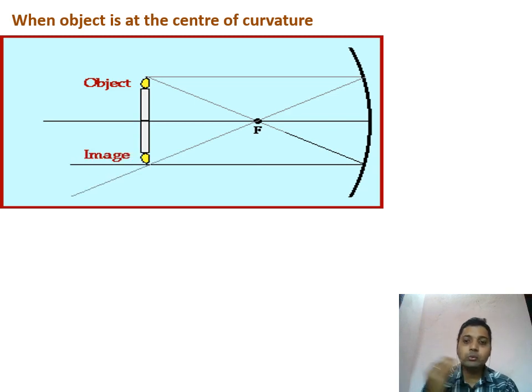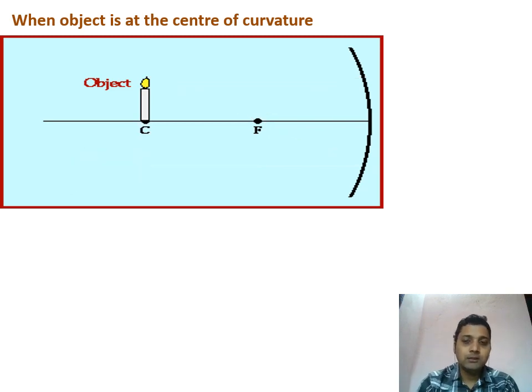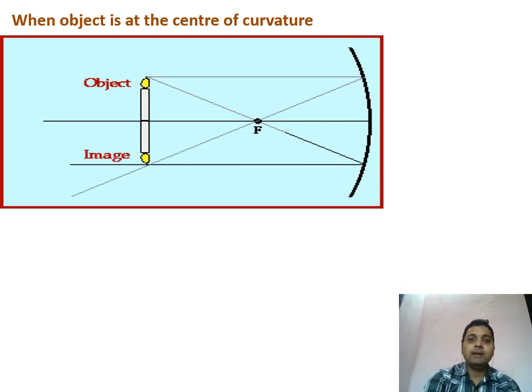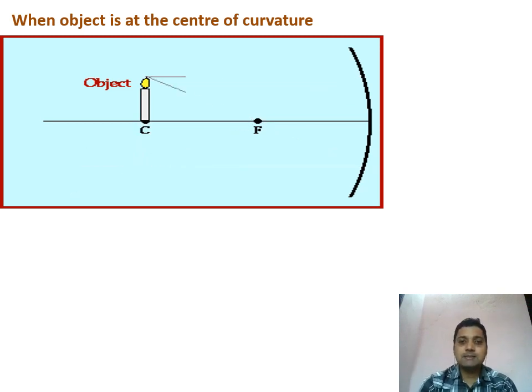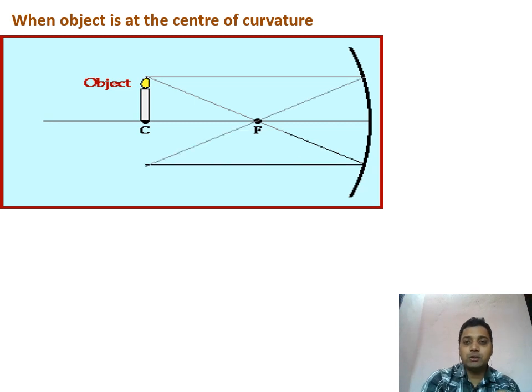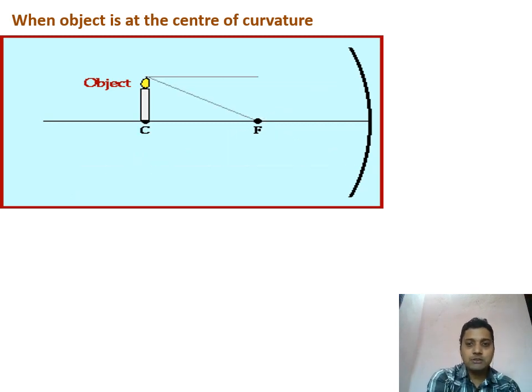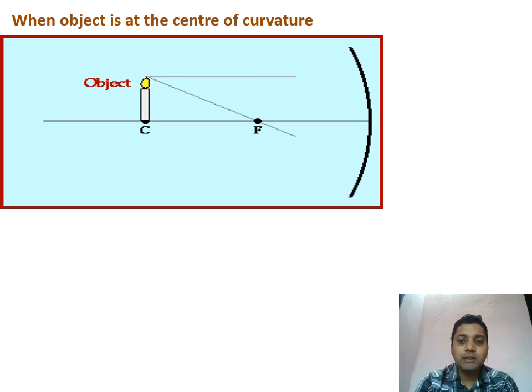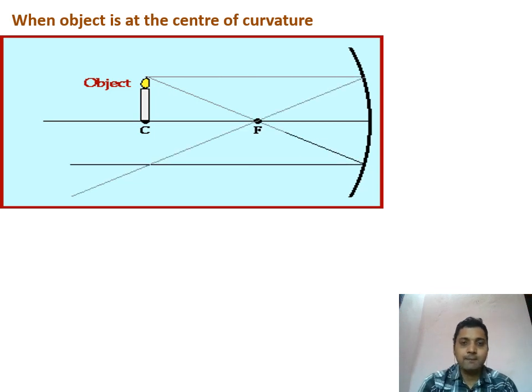Here, I am taking the first and second rule. First rule, a ray of light parallel to the principal axis passes through focus after reflection. Second, a ray of light passing through focus becomes parallel to the principal axis after reflection, and they both will join at a point. That point is called the image point, and here you can see the image forms at C,